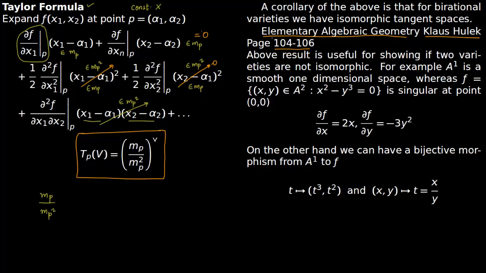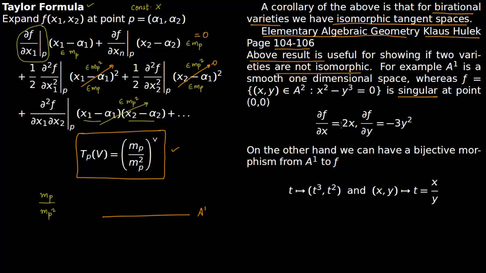Now a corollary of this result right here is that for birational varieties we have isomorphic tangent spaces. So this helps us in showing when two varieties are not isomorphic. So the above result is useful for showing if two varieties are not isomorphic. So for example, A1 is a smooth one-dimensional space. And then you're given another polynomial f, which is x square minus y cube equal to 0. Now you say that it is singular at point (0, 0),